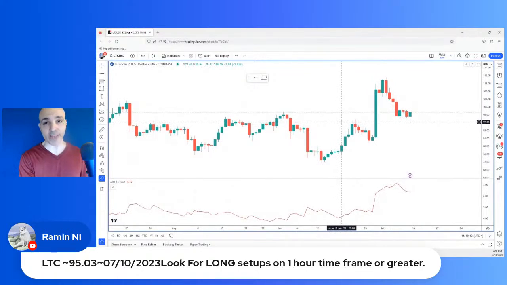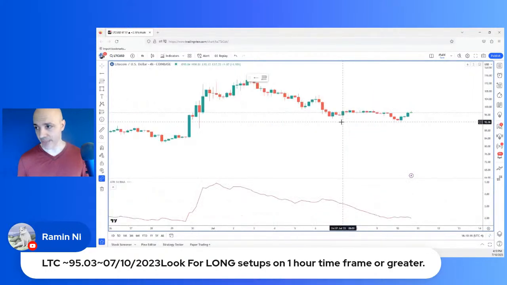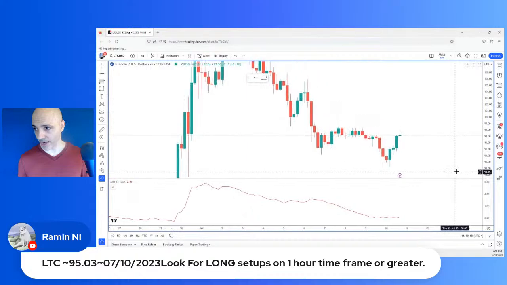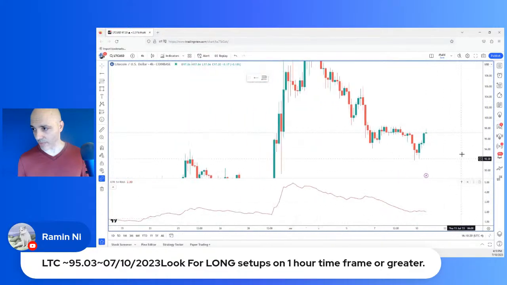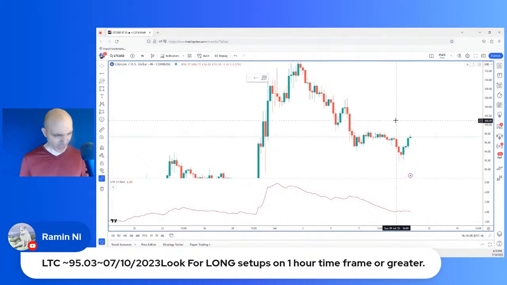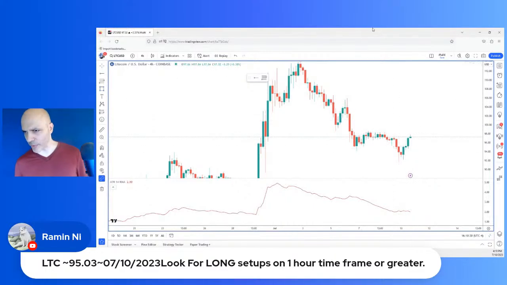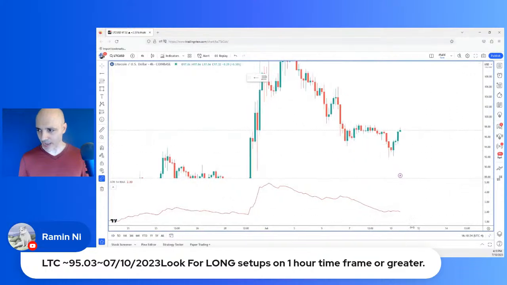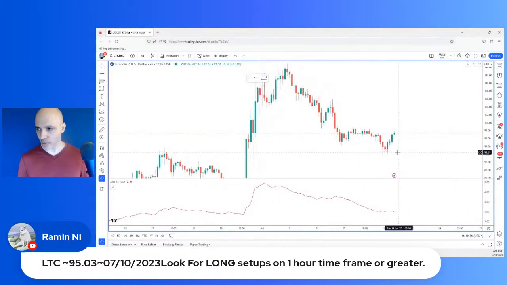When you get a notification like this, what you do is you go to the 4-hour chart. That is the first thing you do. Now it called it long, I'm assuming at least 4 to 8 hours ago. What's the price on that thing? Let's see, 95.03. What are we at right now? We're at 97.32. So this trade is kind of on its way, right? So we missed it. But I'm going to put the order together anyway so that you guys know.